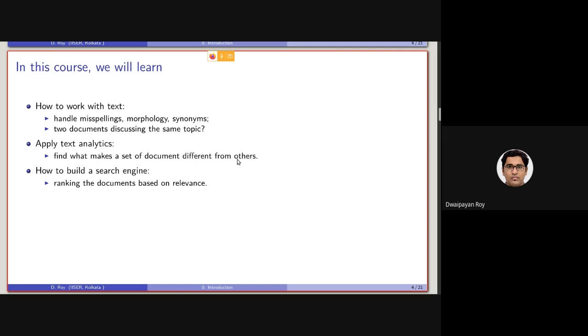So what we'll be doing is searching for these three terms in all the documents linearly.